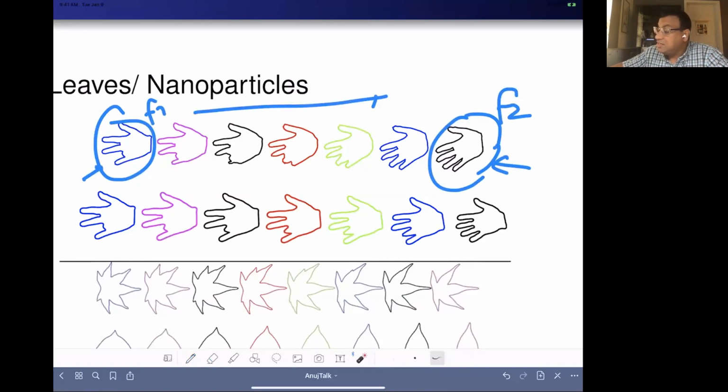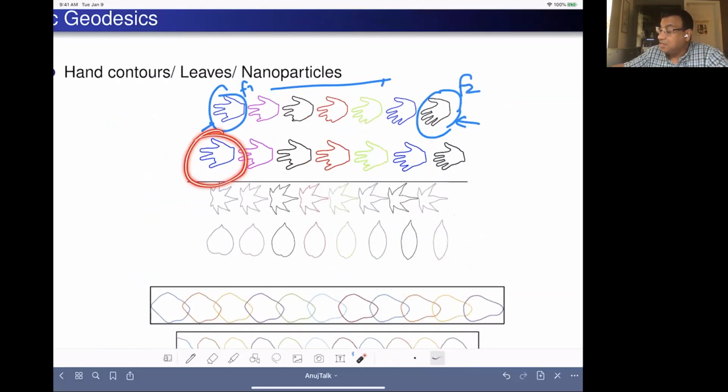And you can see that somewhere the things are not quite lining up well. But instead of doing that, if I actually compute SRVFs, compute Q1, Q2, find the best rotation,